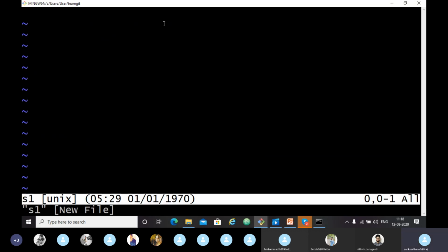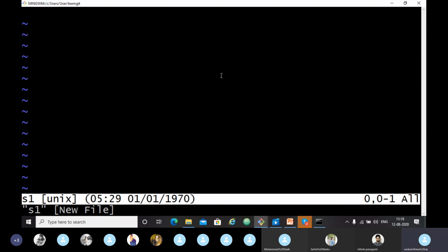So now here we get a vi editor. It comes by default with the Git installation. You can see the Vim editor option when you are installing.